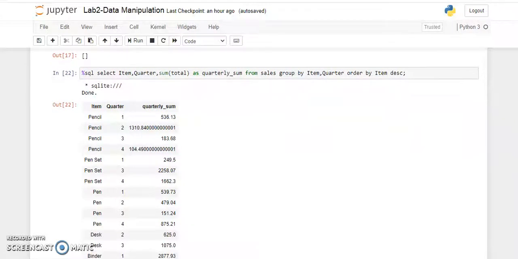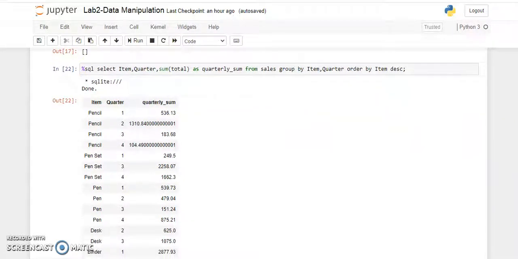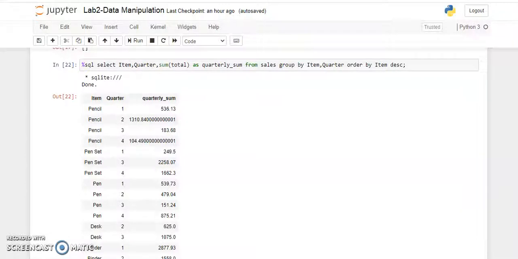Now, what I need to find out is the total sum of the amount paid for a particular item quarterly.